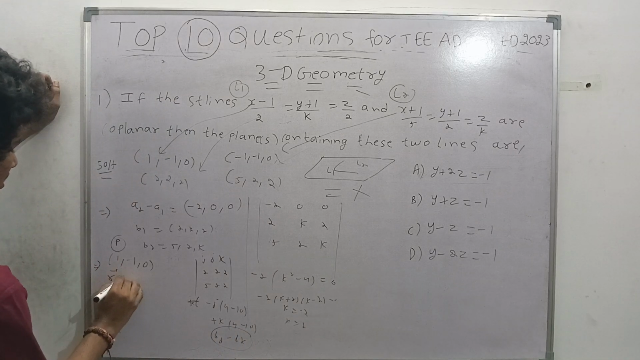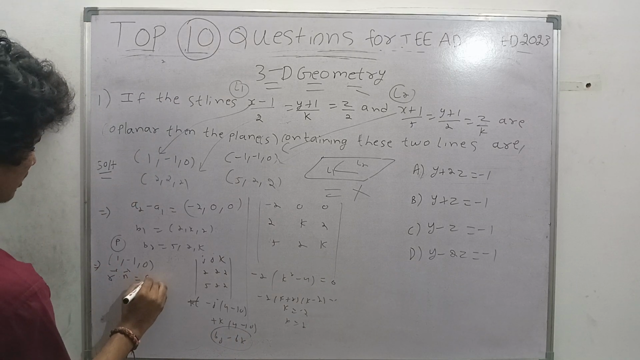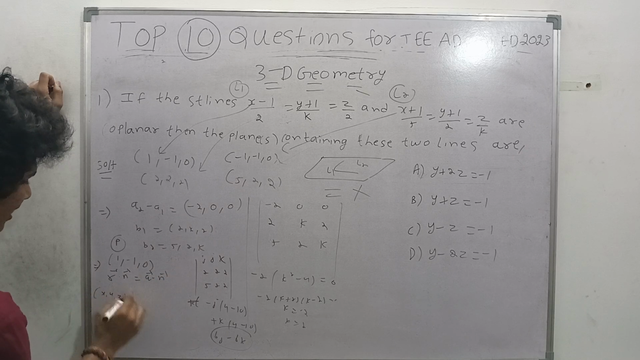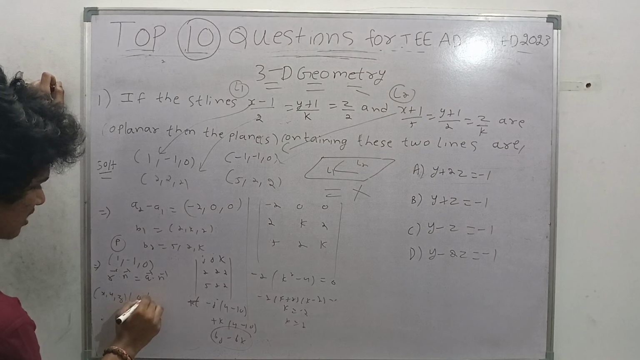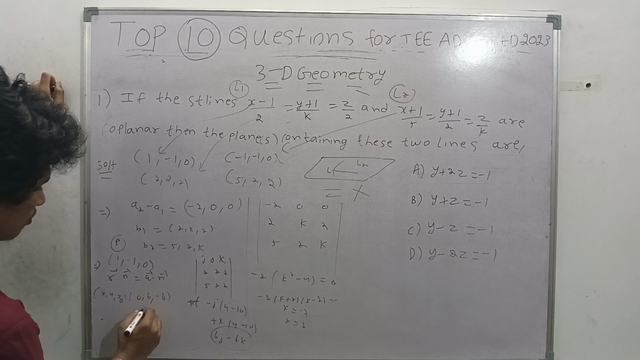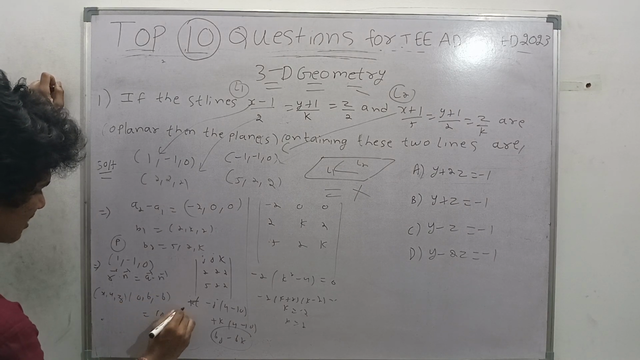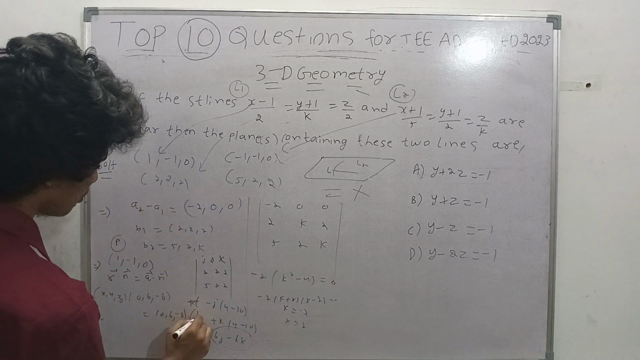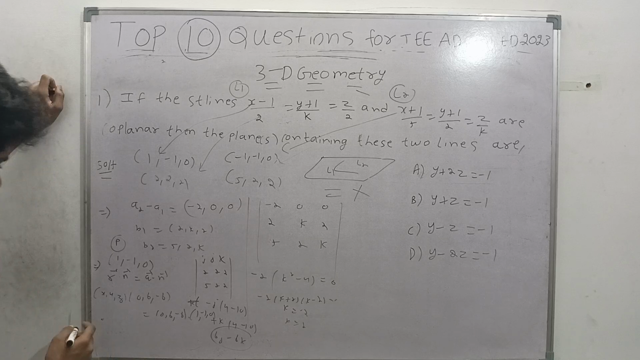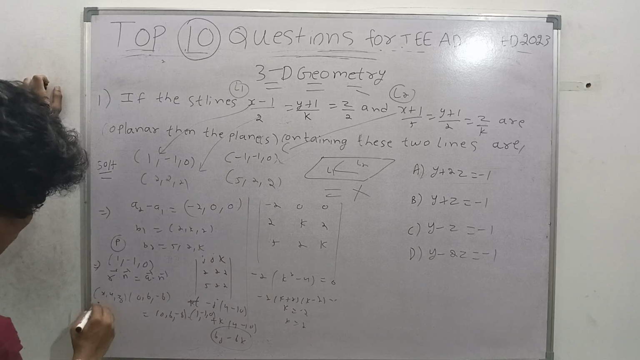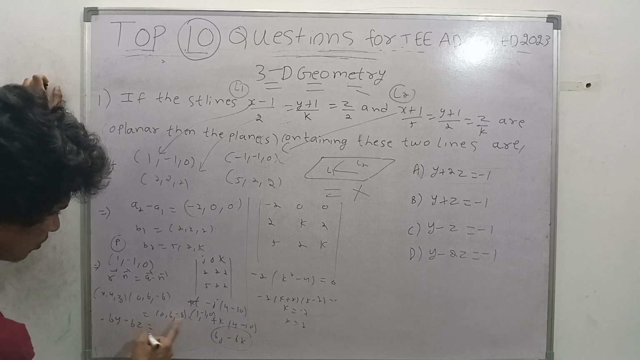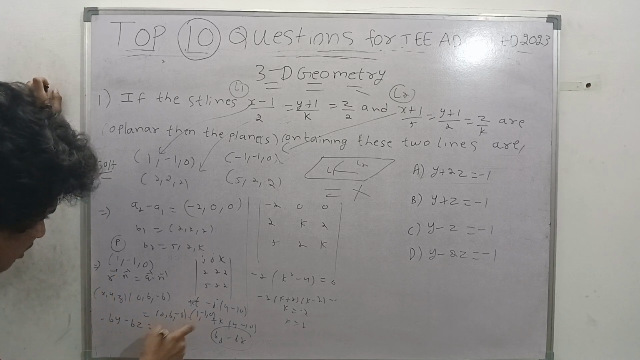So the plane equation is r dot n equal to a dot n. r is x comma y comma z and n is this thing, 0 comma 6 comma minus 6, equal to 0 comma 6 comma minus 6 into the passing point I consider, 1 comma minus 1 comma 0. Now if you observe carefully, here it is 6y minus 6z equal to, here it is minus 6,